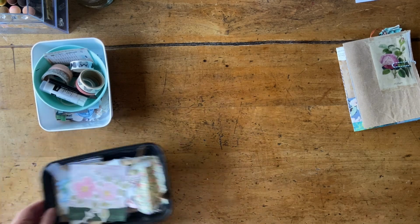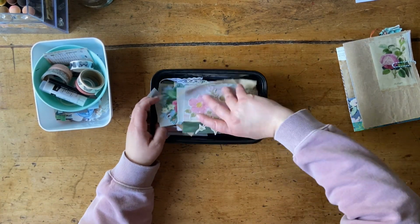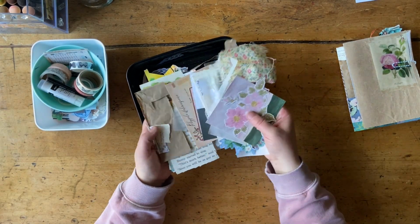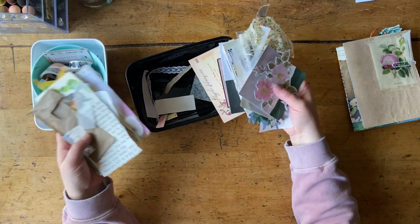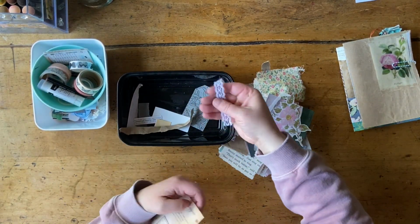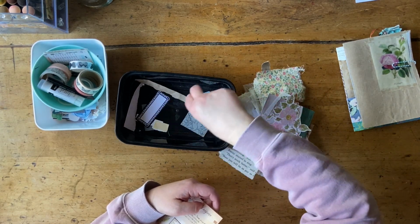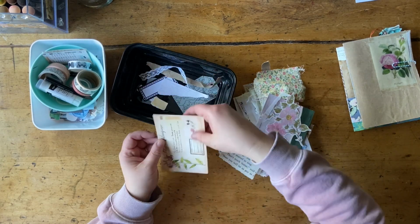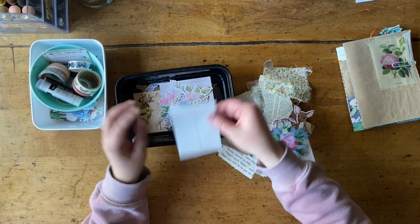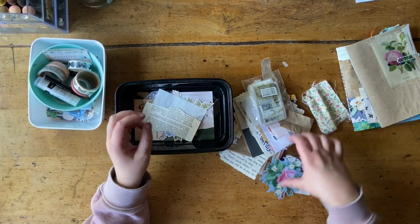And moving on to this bin here is really just a true random assortment of bits. And I mean junk. I guess it's junk. If I do a quick peek through here, I've got some lace and some fabric, torn bits of paper, random ephemera that I just don't know when I would ever use in any other project. Torn pieces of book page,